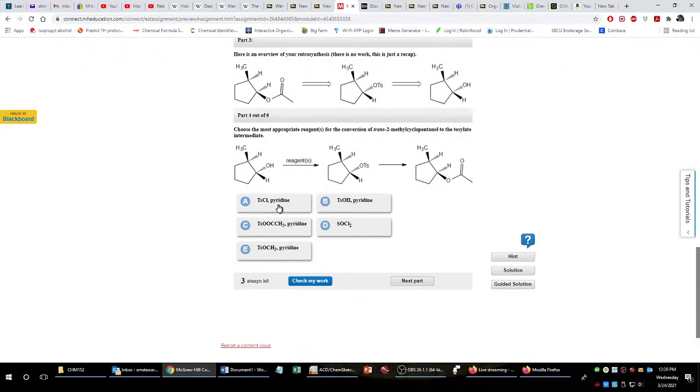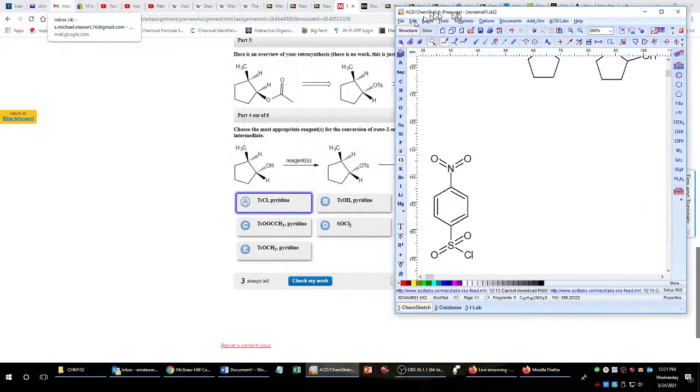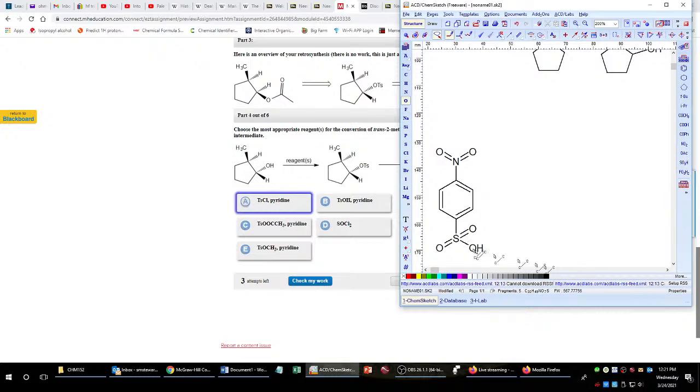And then as far as the rest of these go, TsCl, the reason we want to work with the TsCl, that chlorine there, I can draw the structure of it really quick, possibly. So this is the tosyl complex, and specifically this is tosyl chloride. This Cl here with the oxygen, this is an incredibly weak bond. So ultimately what this wants to become is this complex here. When you go to take on organic 2, we'll talk about carboxylic acid derivatives. It's going to follow the same pattern of reactivity, which I know doesn't mean anything to you right now, but